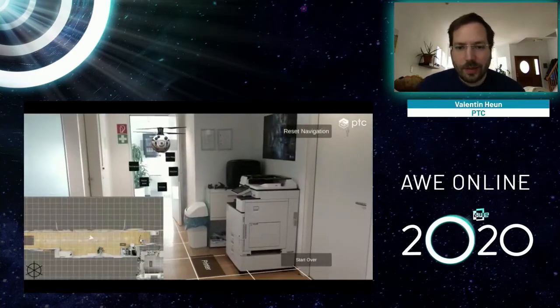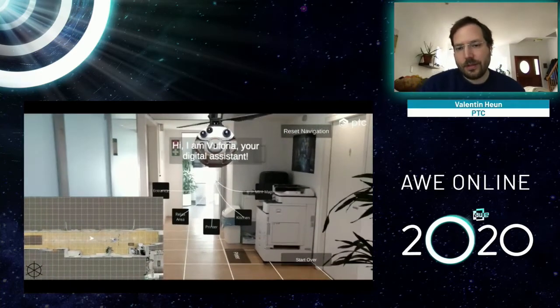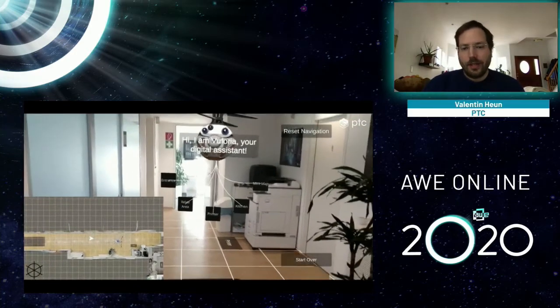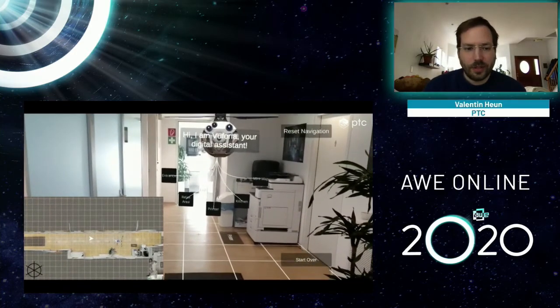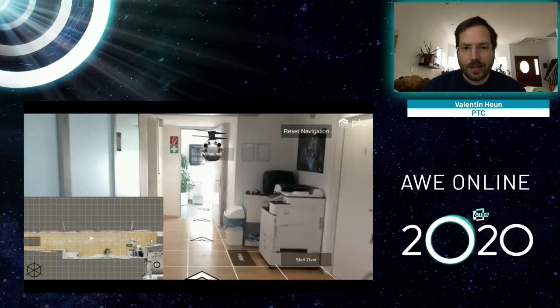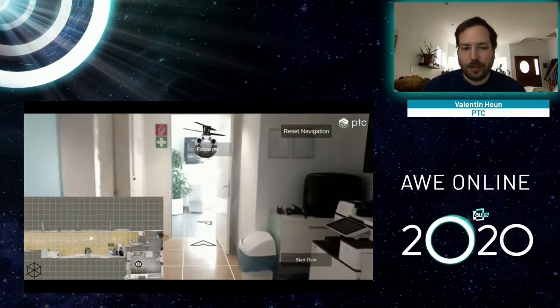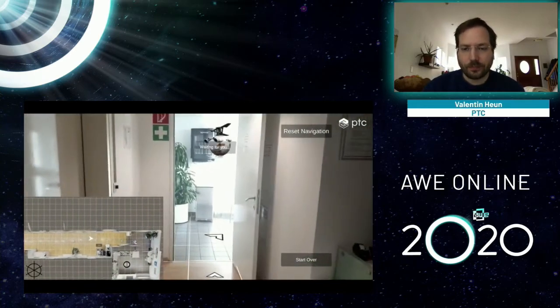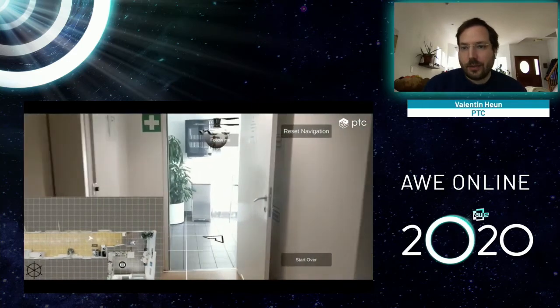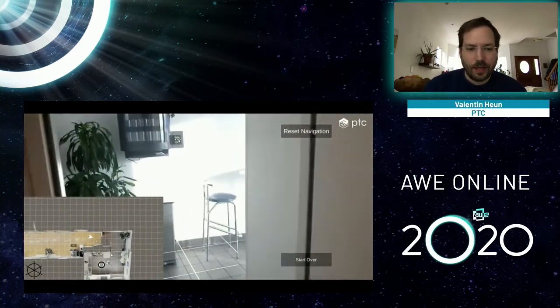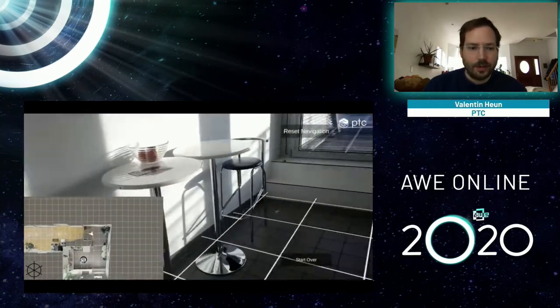And so in some environment like that, you can, for example, build route planning now. You can tell this little drone here, hey, show me the kitchen. And the system will automatically show you the pathway to the kitchen. Again, this is a question of where is something and how do I get there?